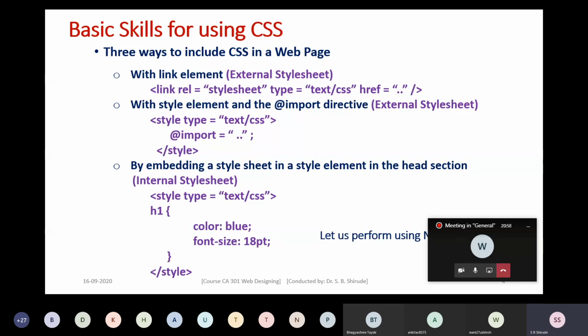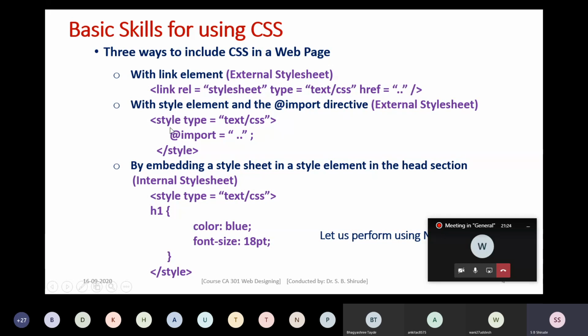So see here, there are three ways to include CSS in a web page. We already have covered this, but I am revising all these topics quickly. The first way is with the help of the link element: link, rel, stylesheet, type attribute text slash css, href, specify the path of the CSS file.